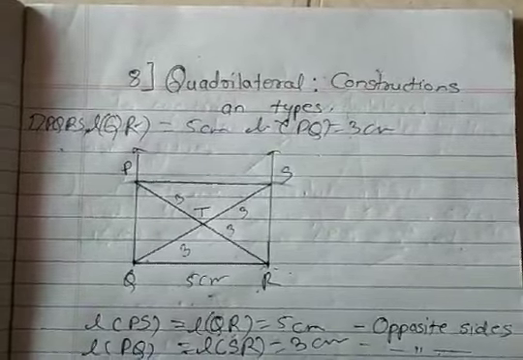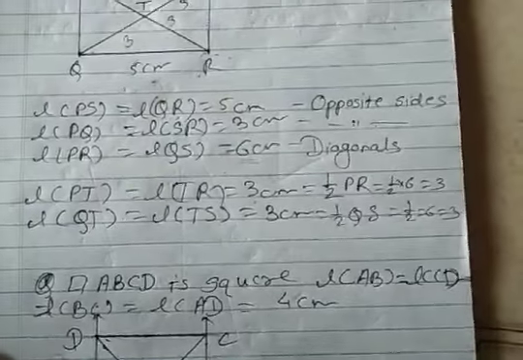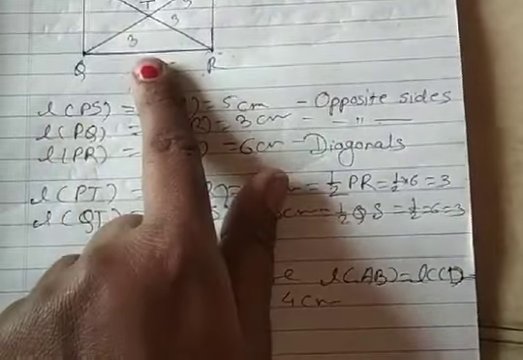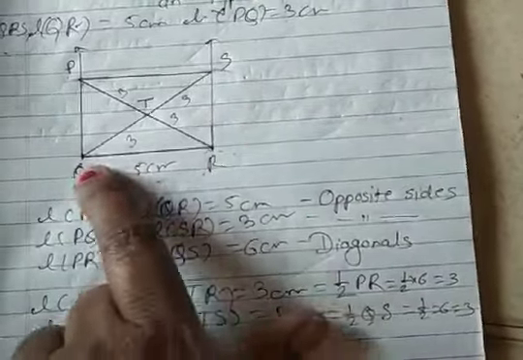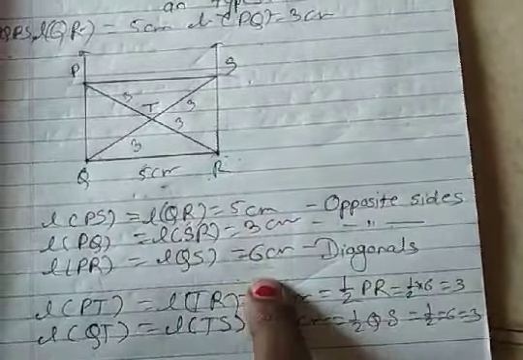Under this lesson, yesterday we saw the activity from our textbook and we studied the properties of a rectangle. That is, the opposite sides of a rectangle are congruent to each other, meaning PS is congruent to QR and PQ is congruent to SR, and also the diagonals, meaning QS is congruent to PR. If you see here, the measures are the same. And then we saw that all angles are right angles. That is the first property we used. After that we saw that the point T, meaning the diagonals